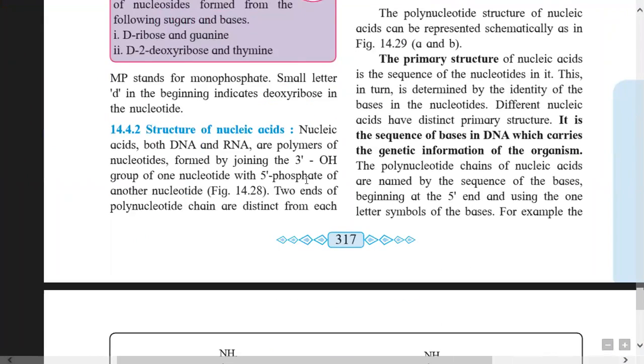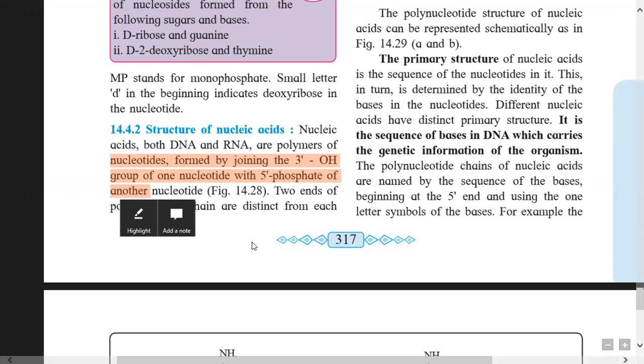Good morning, students. Today we will study the structure of nucleic acids. In the last lecture, we had studied the structure of nucleoside and nucleotide. Nucleic acids, that is DNA and RNA, are polymers of nucleotides, and they are formed by joining the 3 prime position OH group of one nucleotide with the 5 prime position phosphate of another nucleotide, and that is shown in the